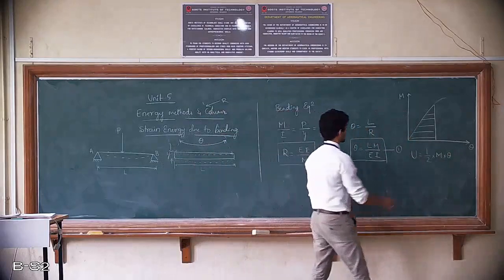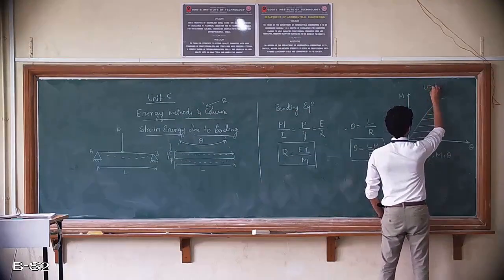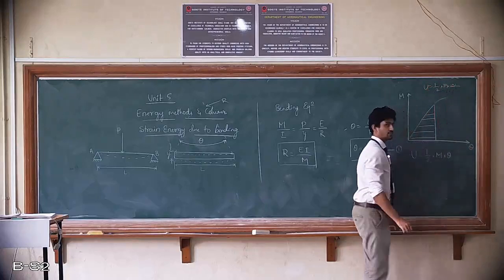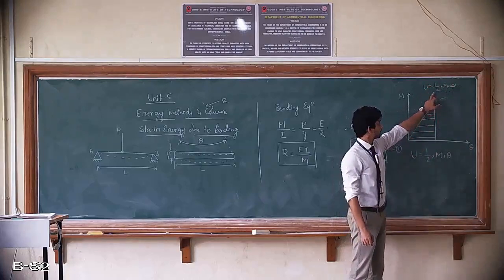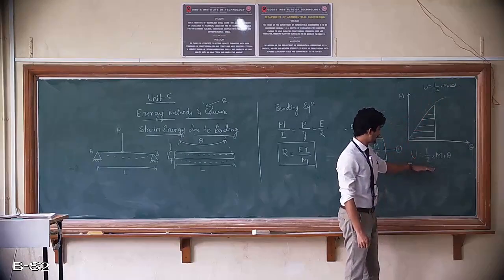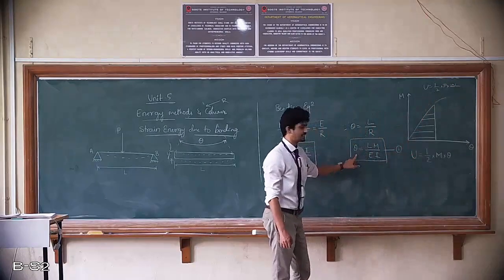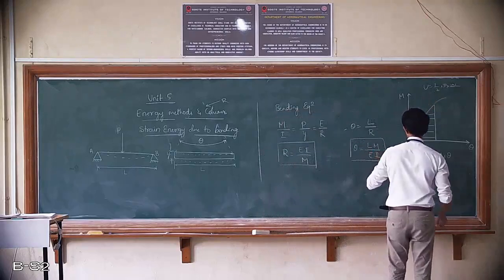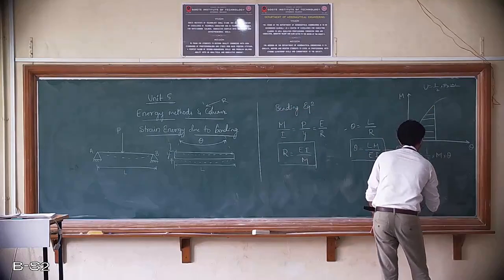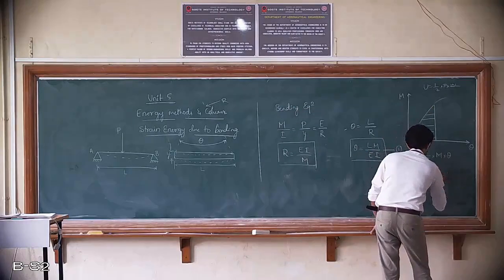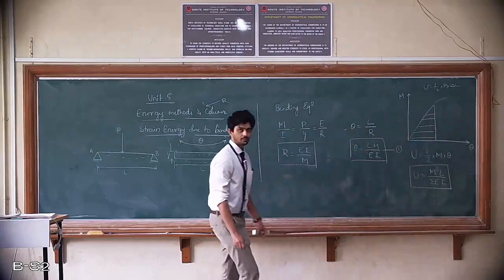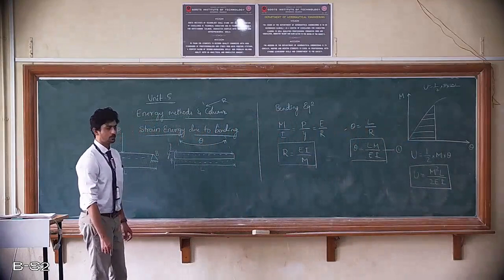Please remember, the strain energy due to axial loading was half times P times change in length. This was the equation when it was axially loaded. But when it is bending, we need to consider the moment as well as theta. Now, theta we just deduced here, which is nothing but Lm divided by EI. So, strain energy we can rewrite as m square L divided by 2 EI. So, this is the strain energy equation for bending of a beam. I hope this is clear.